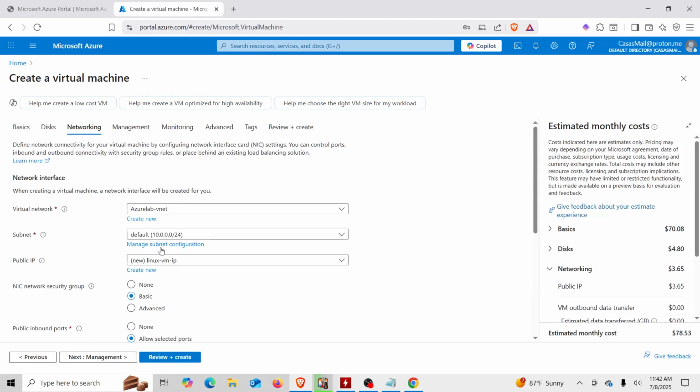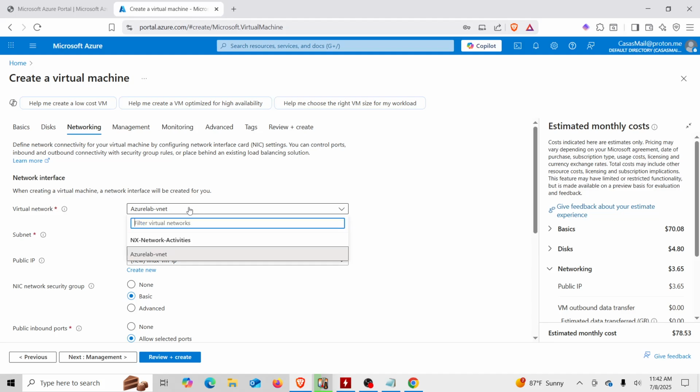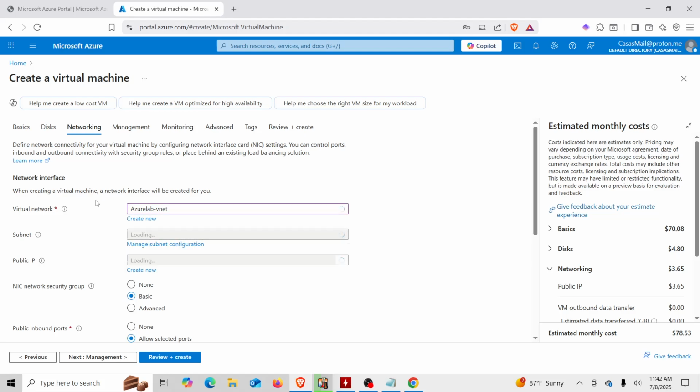Then click next. Next again. Oh, it's already, fortunately, already selected. There you go. So we just want to make sure that the virtual network, in this case, we named our new one Azure Lab VNet, and then with our subnets already there. Okay, so now we're gonna go to review and create,